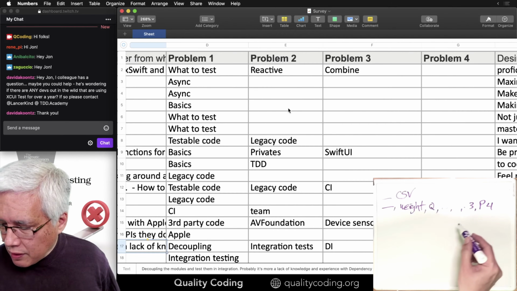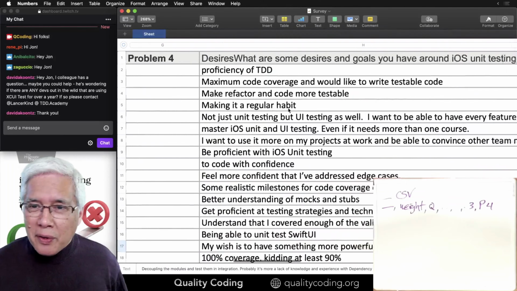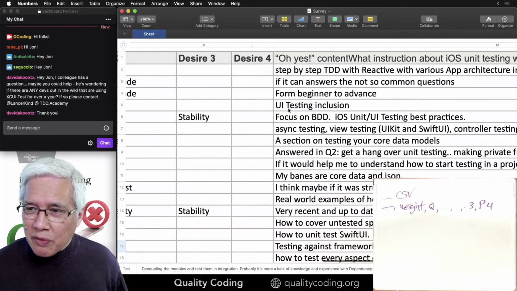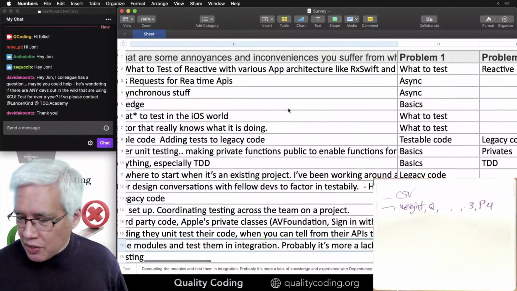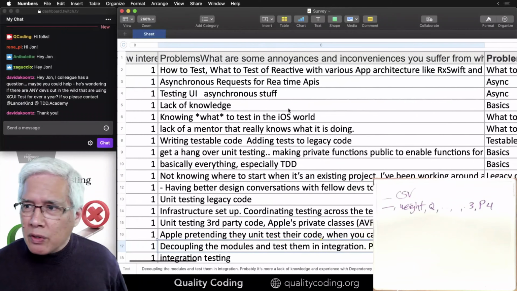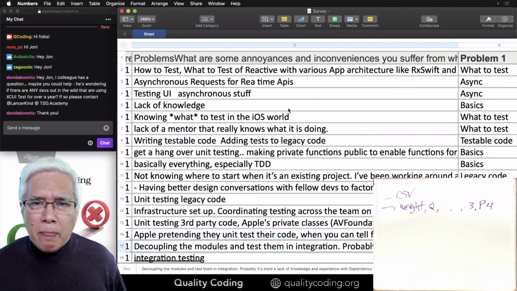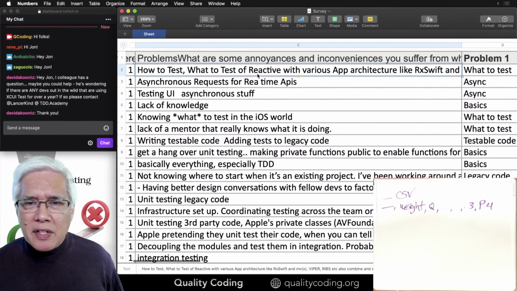Now, I think what I'd like to do, by the way, let me go a little more to the right. There are other questions in the survey and other answers, up to 4 of those. But let's start with just what's the big problem you face? Oh, I don't want to ignore. No, I do want to ignore this long stuff here. That's not the question. That's the actual answer.